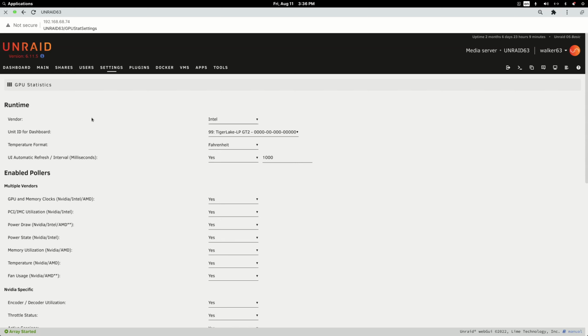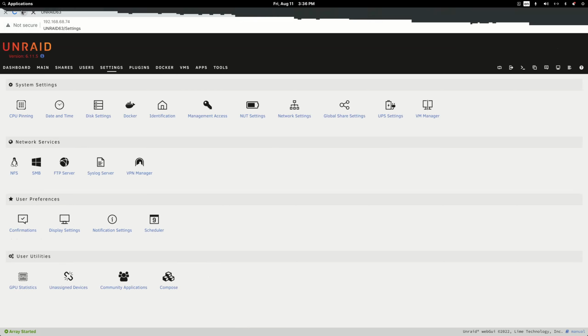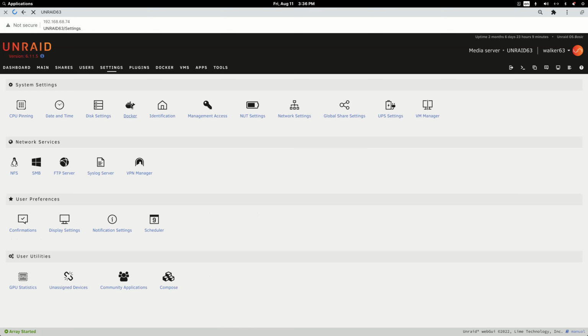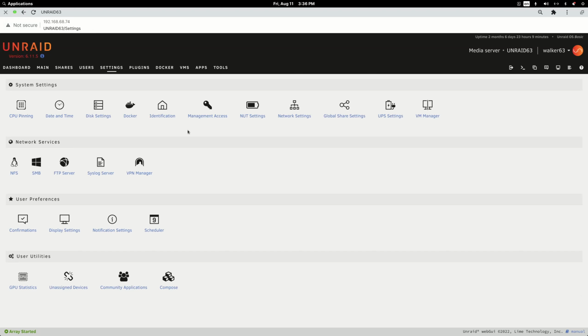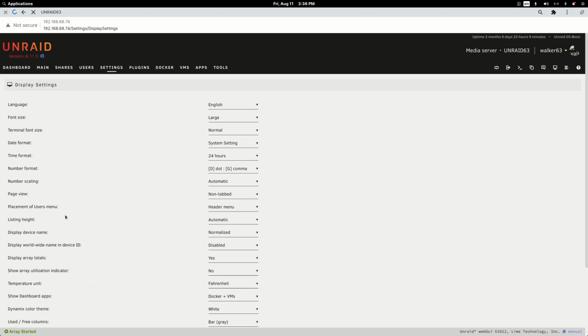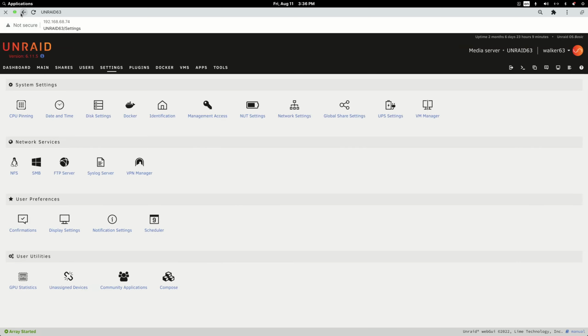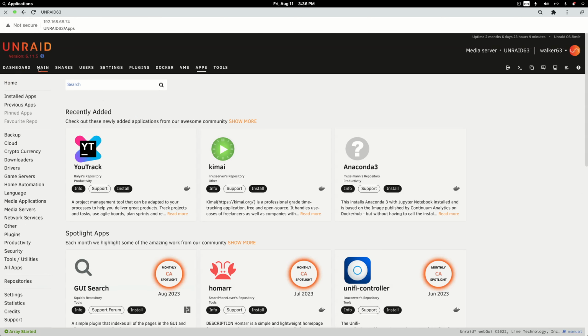So this tells the GPU statistics, which I can never say the word, to use Intel versus AMD or NVIDIA. And I think there was another thing. If I click on Docker, no, I think there's another setting that I'm missing now that tells the container to use the iGPU. But I'm not sure where that setting is now. But if we go back to main,